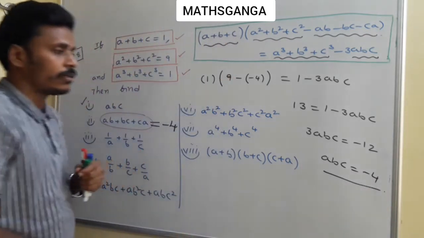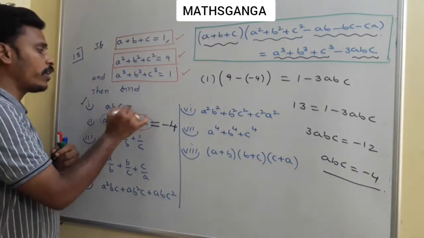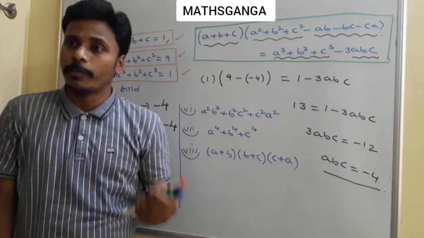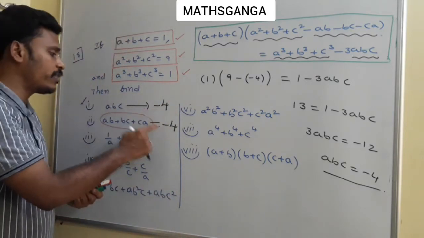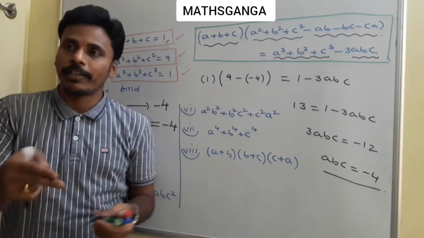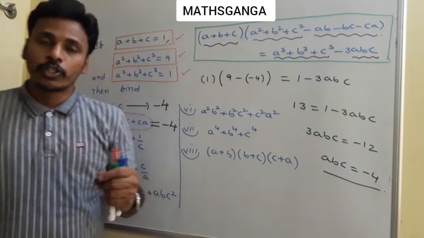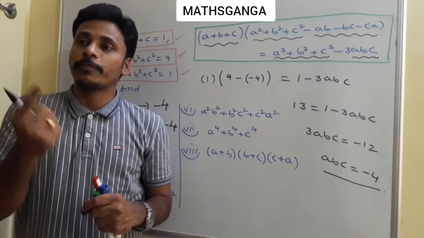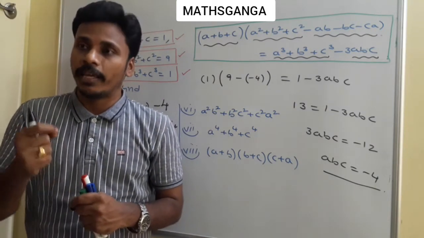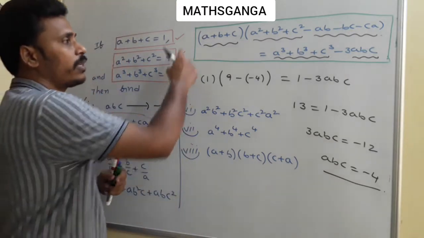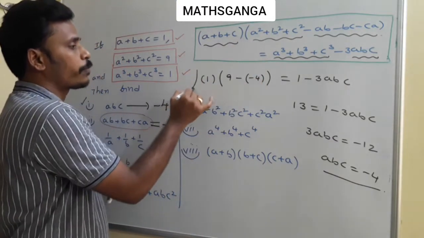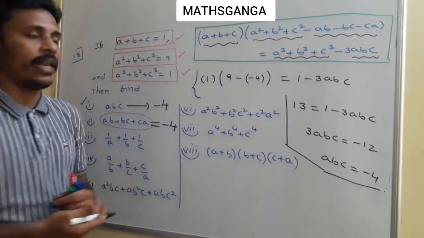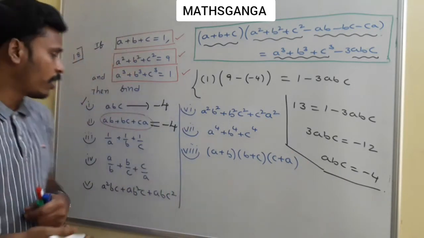Okay, very different actually, right? See, if you found that abc, again you have that abc also minus 4. See, for every problem you won't get the same answer for ab plus bc plus ca and abc, but for this particular problem it happens like that. So, to find ab plus bc plus ca, my formula is a plus b plus c whole square, and to find abc, my formula is this one. So, with this, if you substitute on simplification, at the end abc is what? Minus 4. There ends the first bit again.